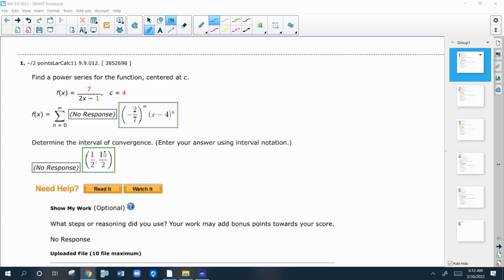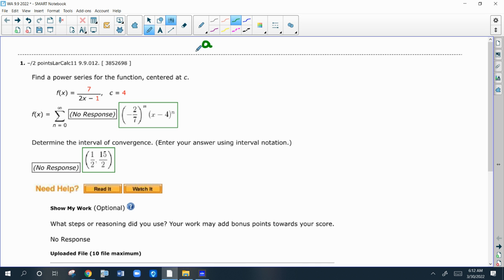Okay, here are some video solutions for section 9.9, representation of functions by power series. So the first one we're going to look at looks like it's in the form of a over 1 minus r, which is the sum of a geometric series. So we could probably change this to a geometric series just by using the sum form. If we can get this into a over 1 minus r form, we can find the geometric series